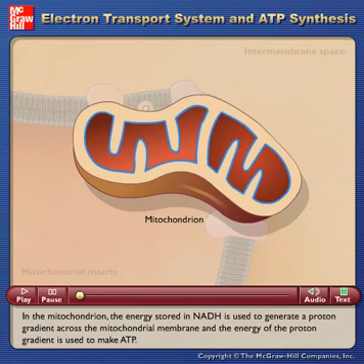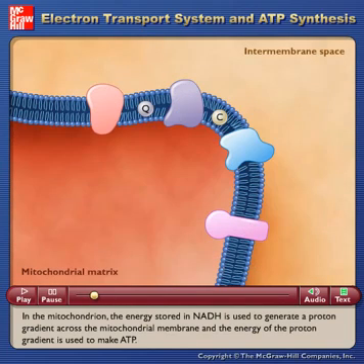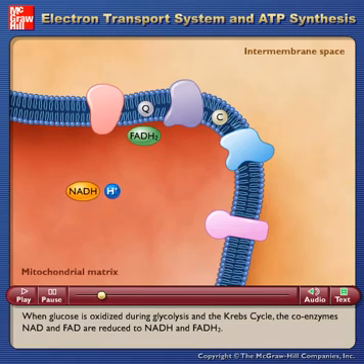In the mitochondrion, the energy stored in NADH is used to generate a proton gradient across the mitochondrial membrane, and the energy of the proton gradient is used to make ATP. When glucose is oxidized during glycolysis and the Krebs cycle, the coenzymes NAD and FAD are reduced to NADH and